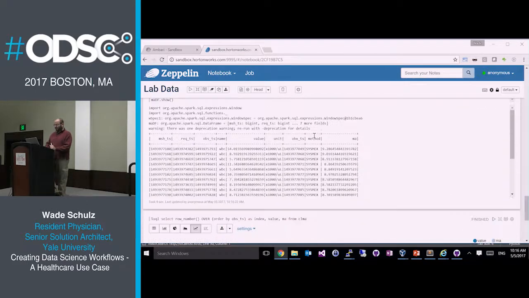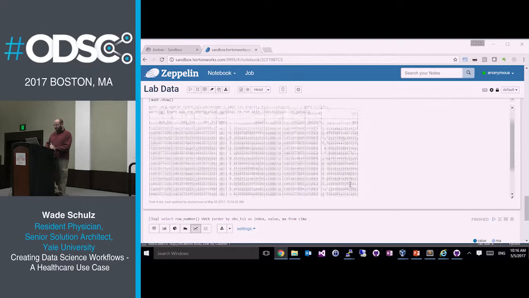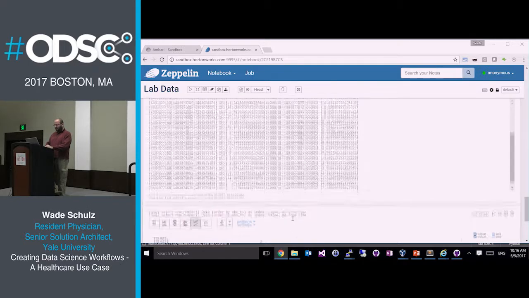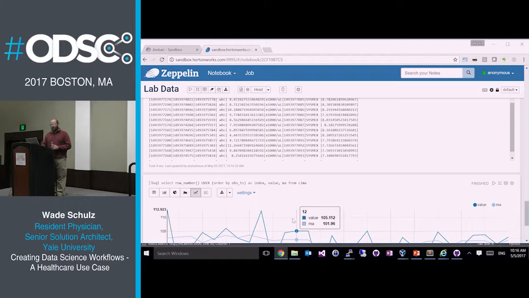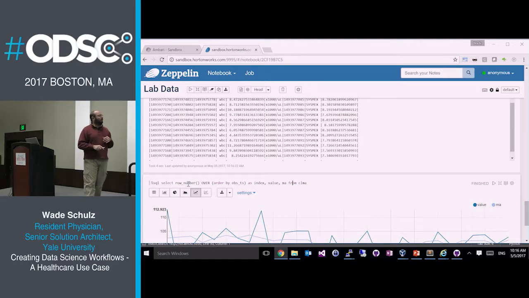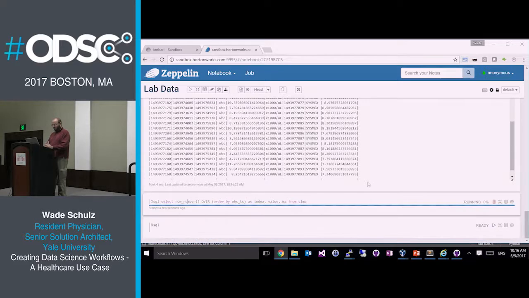So here now we can see that our moving average is moving along. And if we graph those down below, one thing is since we've got lots of lab values, some of which are at the same time, instead of doing this just by time, we're just going to order by time and then generate a random row number so that we don't have everything globbing up the moving average over the course of the x-axis. So if we run this,